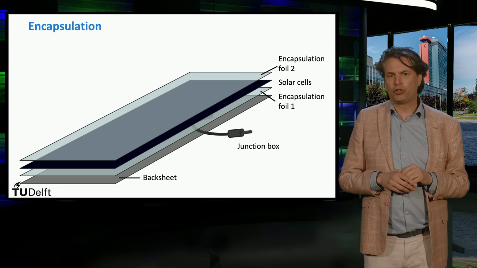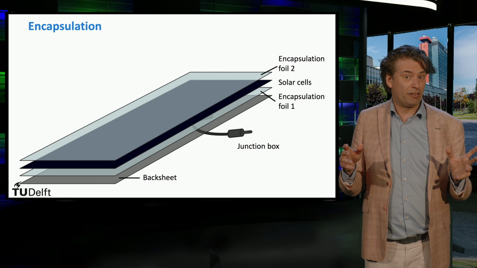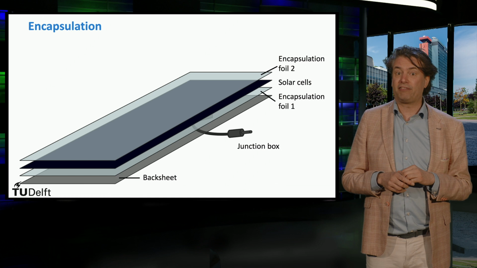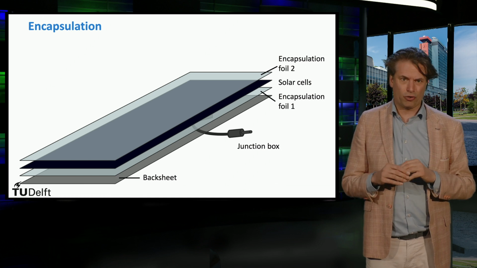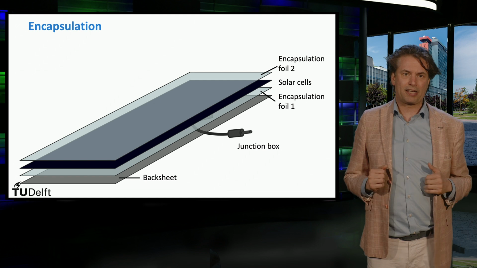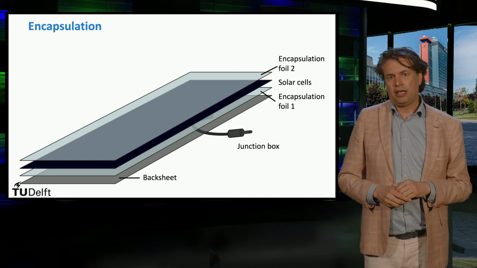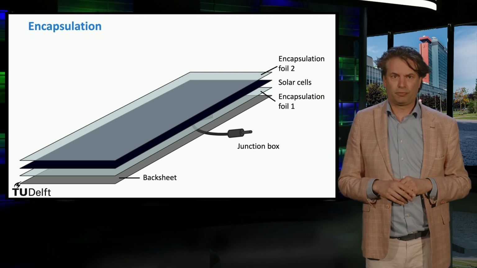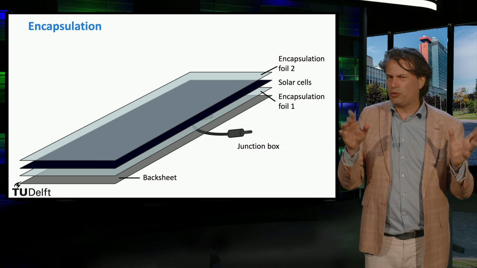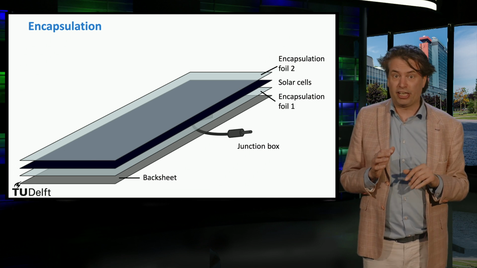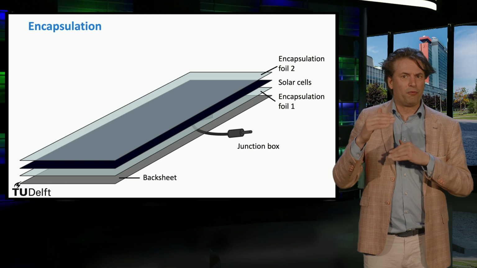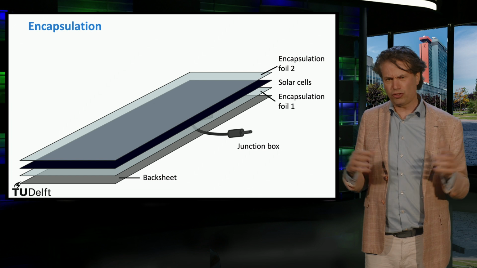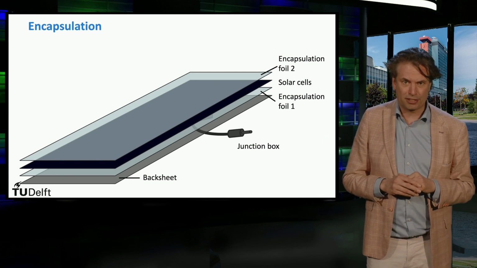The encapsulant should also be optically transparent and have a low thermal resistance. The most commonly used polymer material is ethyl vinyl acetate, or EVA in short. EVA has a refractive index very close to that of glass, so the reflection losses caused by the encapsulation are minimal. EVA arrives in thin sheets that are used to sandwich the solar cells. The layers are then heated up to 150 degrees Celsius for polymerization and to create crosslinks that bond the module together. In this way, especially the metallic contacts can survive for many years.